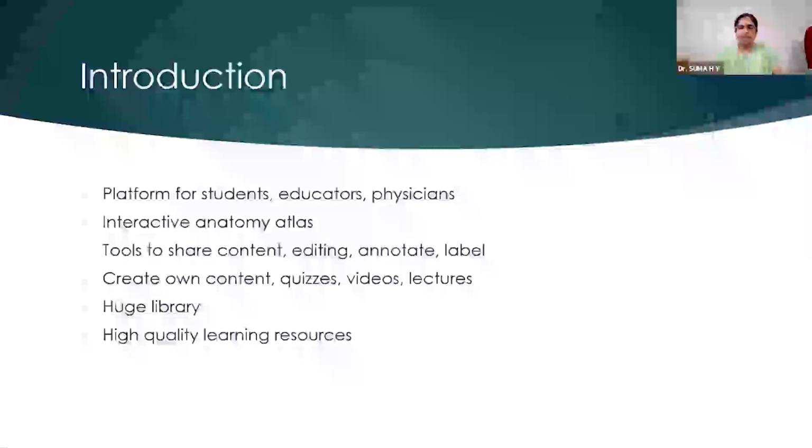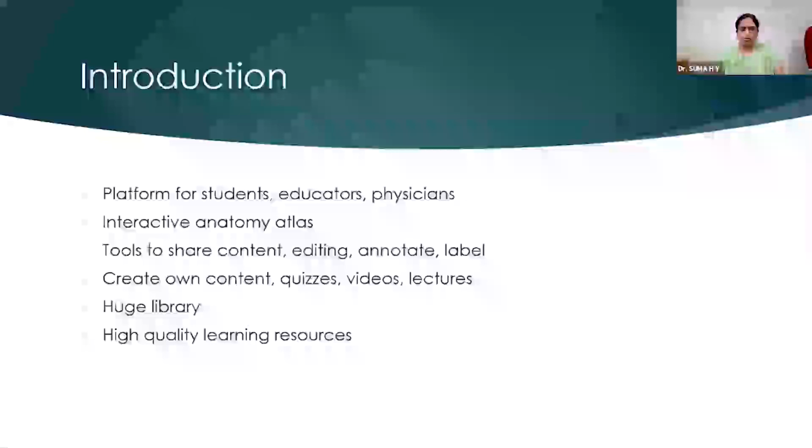It's an interactive anatomy atlas, meaning you are able to handle the model the way you want, label it, and there are tools to share content. You can edit the models, annotate and label them. You are also able to create your own content, quizzes and videos, and various lectures are readily available, which you can best use for your benefit.